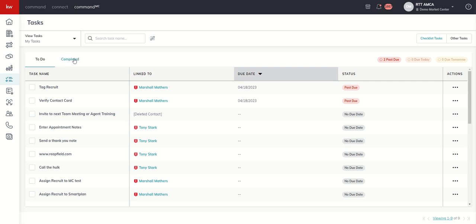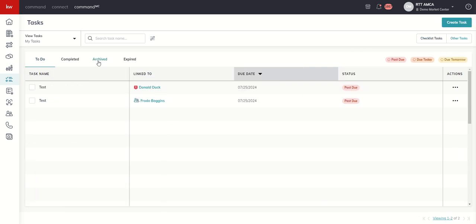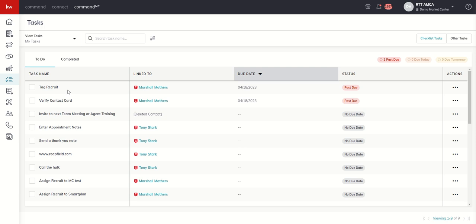Great question. If we come into the lower screen here, we can see the tasks that we need to get done and then those that we have completed as well. If we go to other tasks, you can see we've actually got a couple of additional tabs. We've got archive tasks and those tasks that have expired. If we go back to our checklist tab, you can see all of the different tasks that we have available